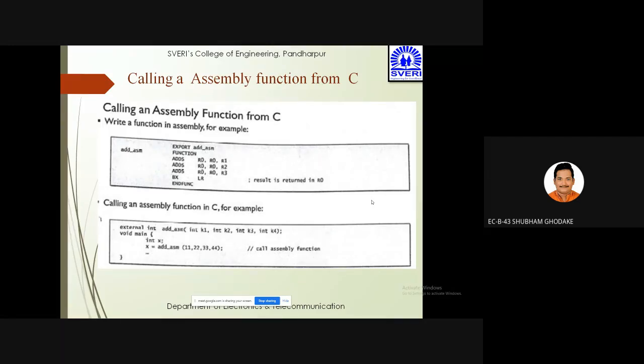So we are adding the three values from the registers R1, R2, R3, and then BX LR means the result is returned in R0.